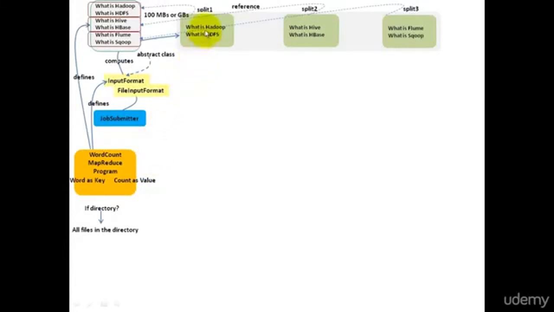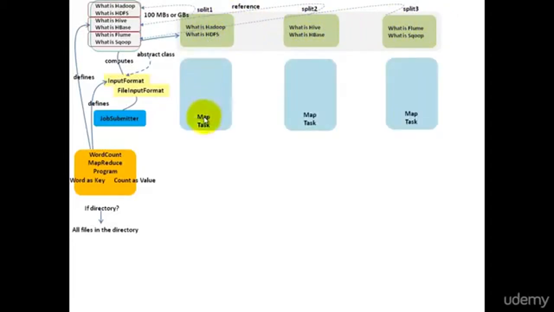In our example, the input file is divided into 3 splits. So 3 map tasks will be created, that is, 1 map task for each split. All these map tasks will be running in parallel on different data nodes across the cluster.